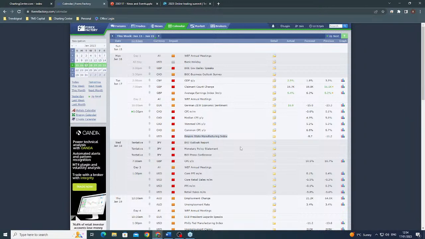Even then, it's a very risky play because you're more likely to experience slippage, and slippage really puts the odds against you. If it's 50-50, it's not really 50-50 because of slippage, and you're more likely to lose money on it. Whatever money you make is probably going to be overcooked by the potential risk of slippage on the stop loss. So just be a little bit mindful of that.